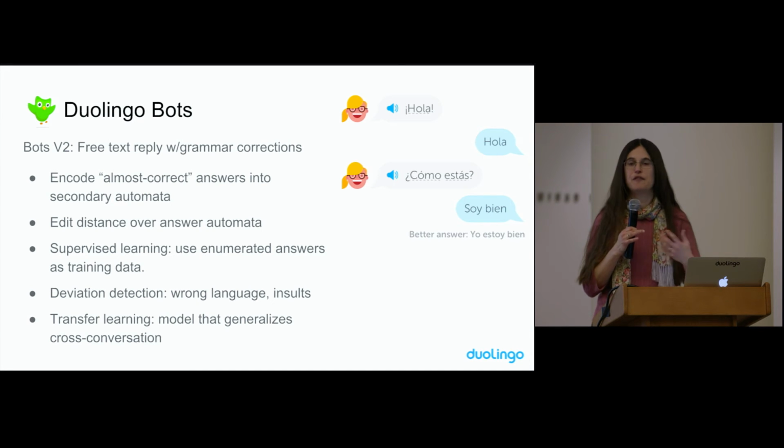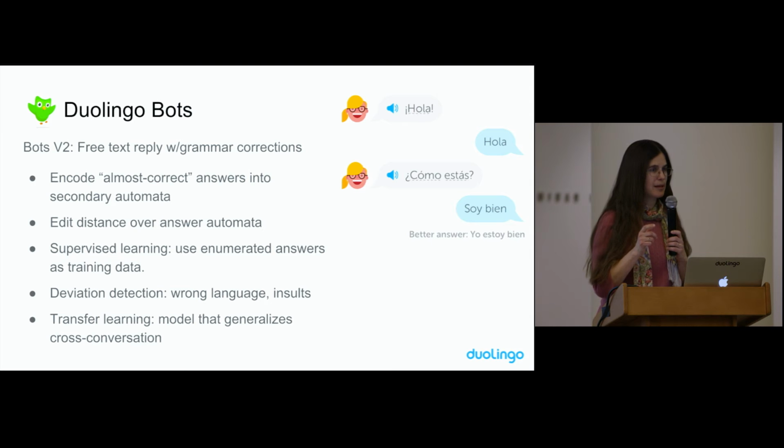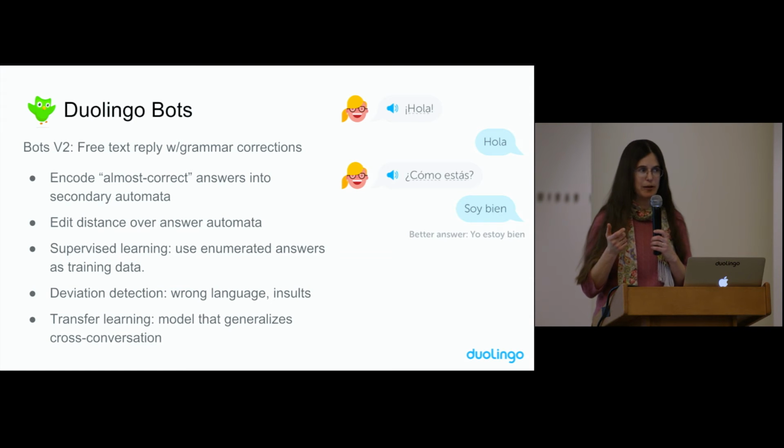So let's say in French and Spanish and Portuguese and German, all those languages, there's a notion of masculine or feminine words. And those are just really a pain for English speakers because the words that come in front of those nouns change depending on whether the noun is masculine or feminine. And language learners always get that wrong. But from the perspective of somebody who you're speaking to, they'll probably still understand you even if you get that wrong. So we're able to automatically extend our set of accepted answers to include little word switches like that.